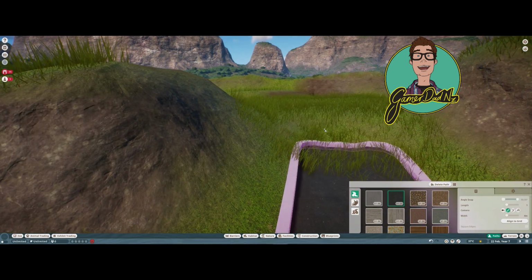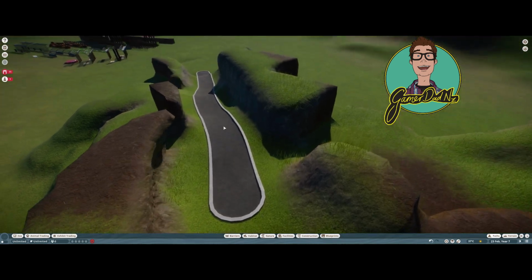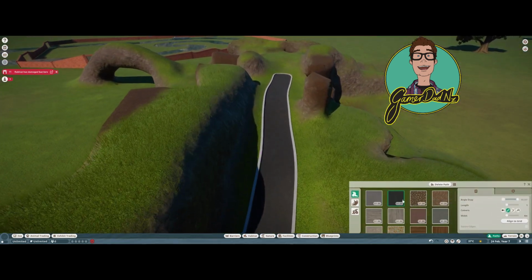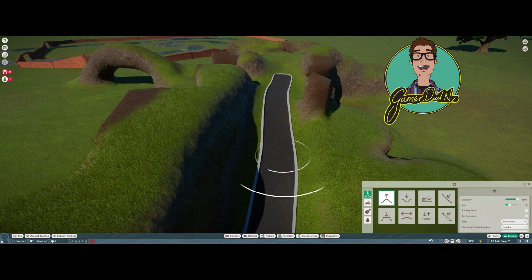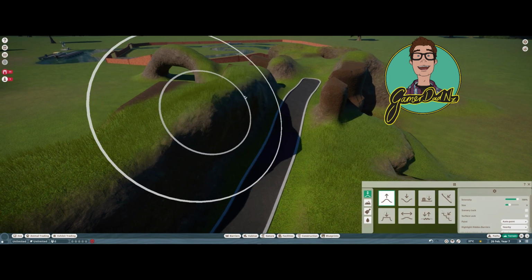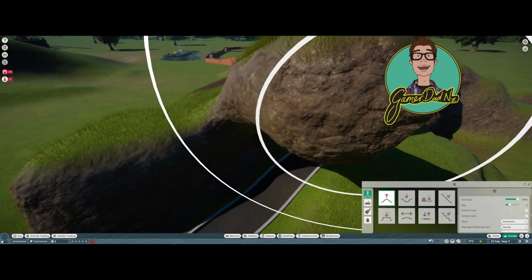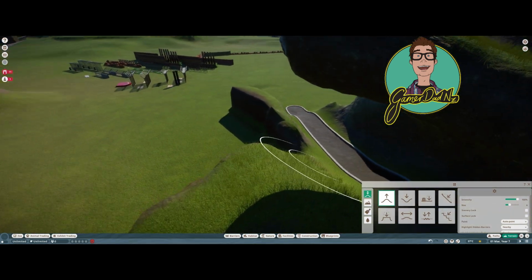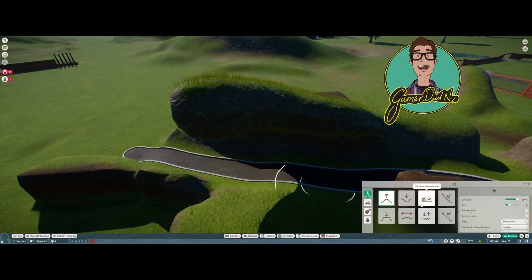You just keep playing with it until we get up there, but you get the idea. You can, oops, I'm on paths, terrain. You can just cover this path over if you wanted to. This is quite massive though. You get the idea. You can make this into a tunnel just by doing that, or you can make some